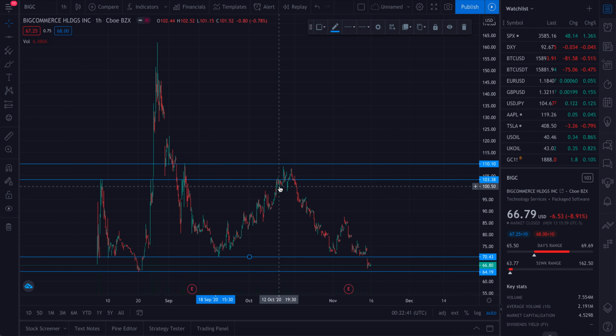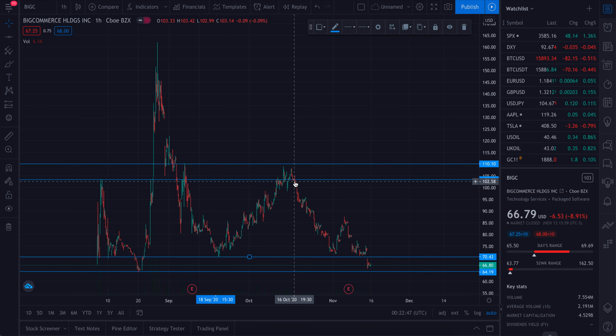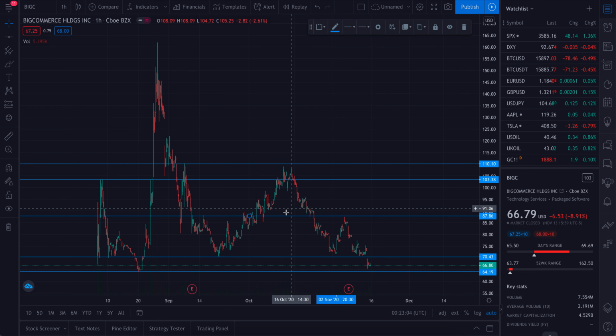Bounced off of it, came back up, broke through this other level of resistance, the original, came back up and tested the other resistance level, bounced down, and came down to here. This is also another level of resistance. Didn't see this one, but as you can see, it was a level of resistance here too, and here.